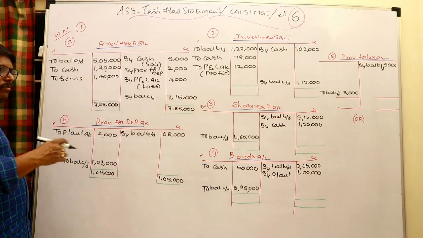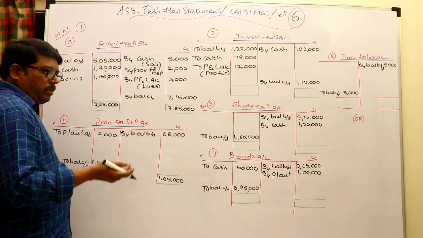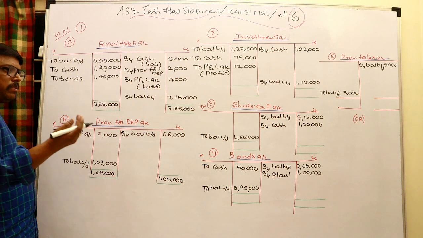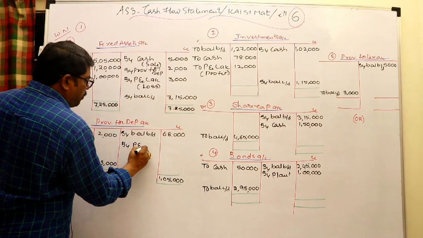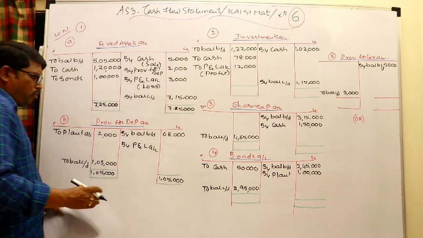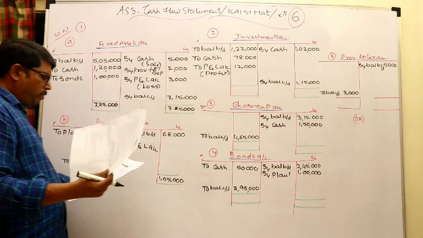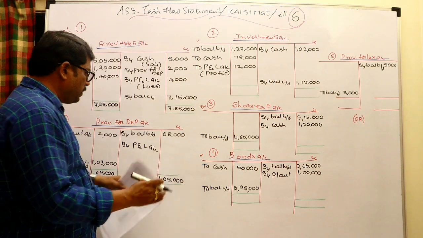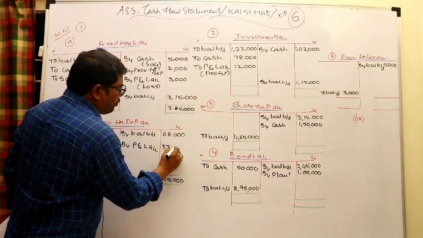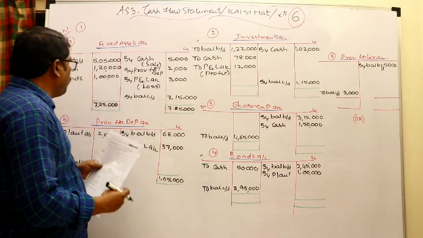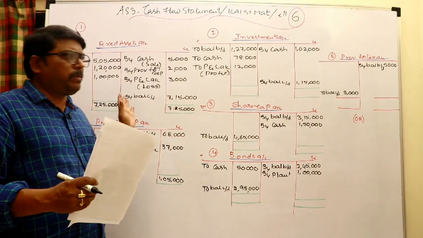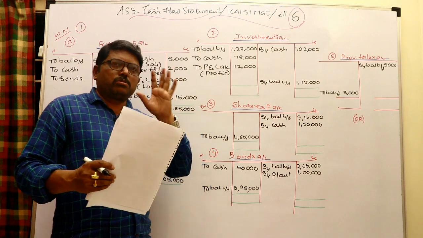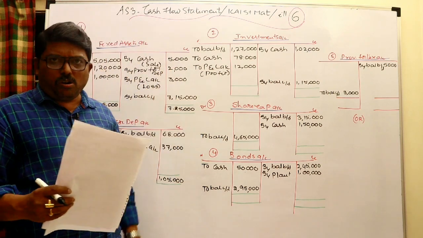1 lakh for current year, whatever the depreciation for current year, provision for depreciation entry: P&L to provision for depreciation. This is also not a balancing figure, because you are provided the income statement, you are provided depreciation 37,000. So all the purchase, sales and depreciation of current year, everything is provided. You need not prepare any of these accounts, but just to have the knowledge I am explaining all.